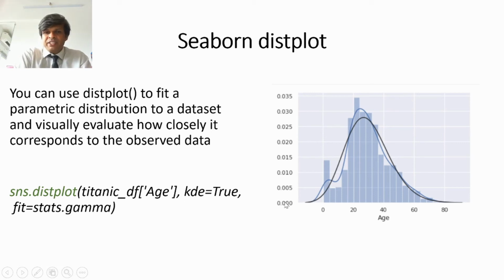Like in the previous chart, which was a KDE plot, I have indicated it here, and now we have drawn a displot, which is this figure. It shows how close it is to the actual. So this is actual and this is the displot. We have done a parametric fitment, a curve we have fitted over here, and this is the actual observations. So this shows us how closely it is related to actual observations.